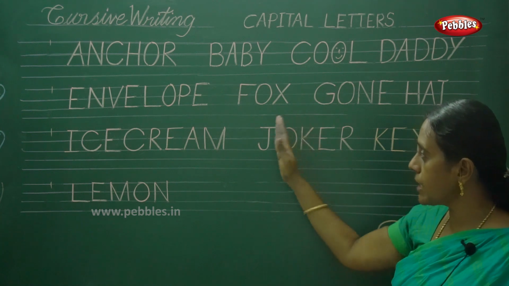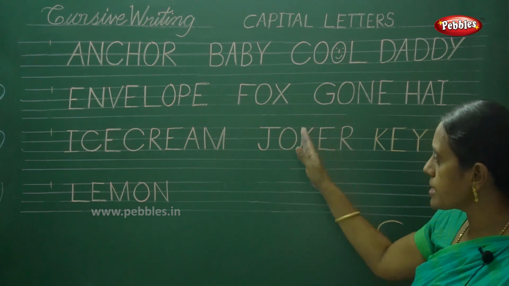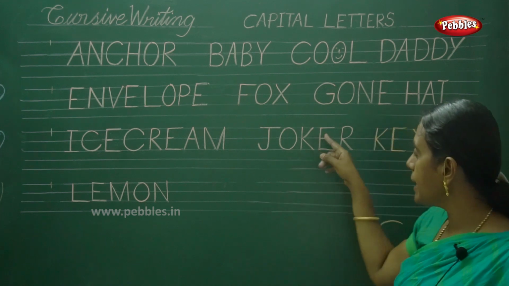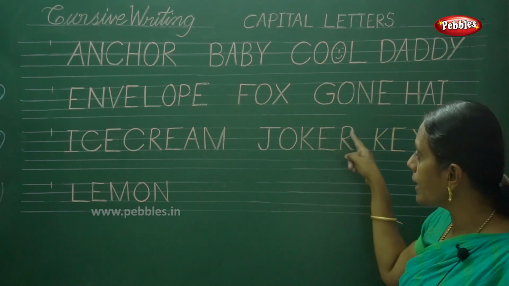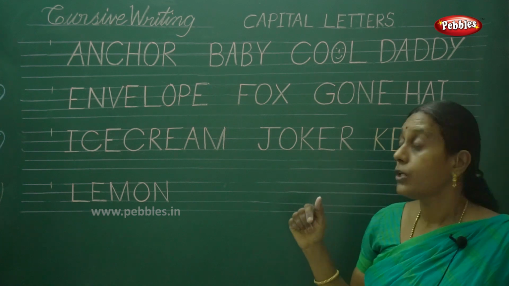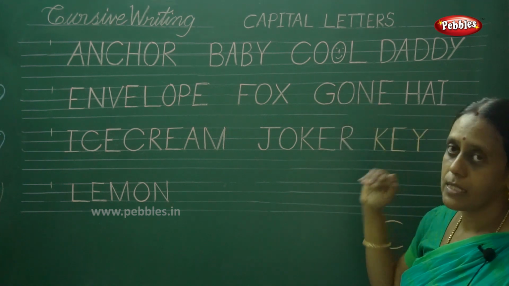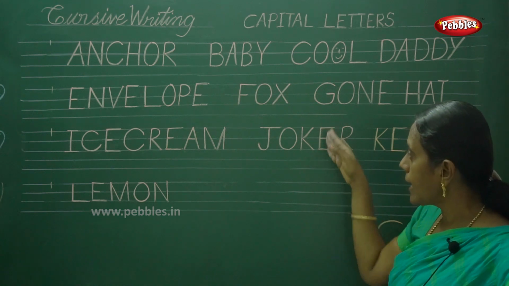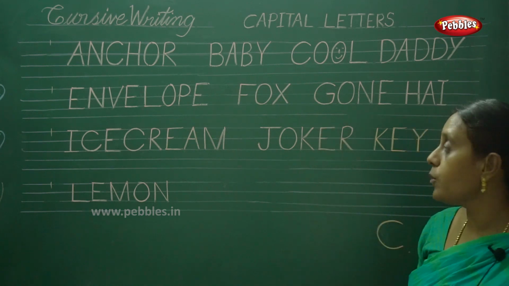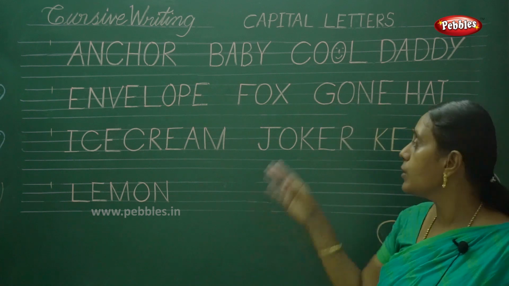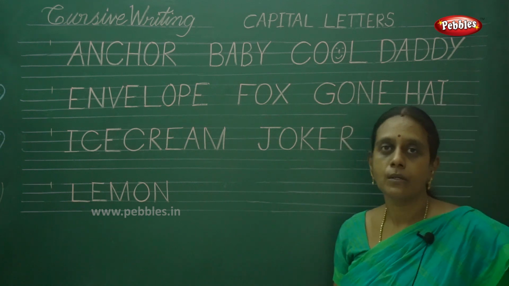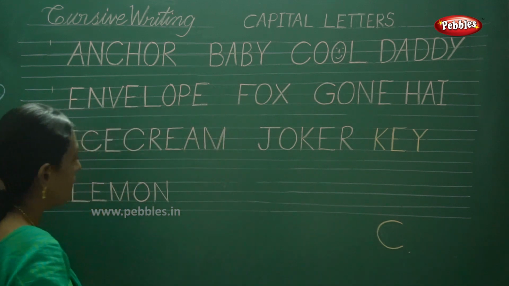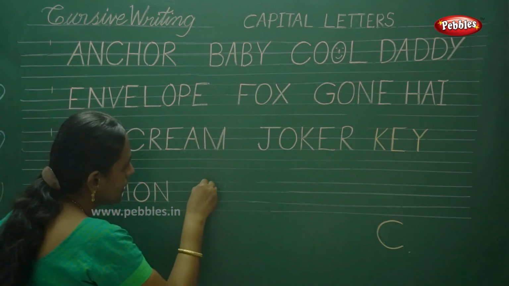So exact straight, your J, all straight lines, it should be exact straight, and the sleeping line should always be on the correct line. Don't overlap the lines. So it is very clear that it lies on the exact line. So don't overlap the lines while you write the sleeping lines. Okay children. Then next we have to write yum, that is